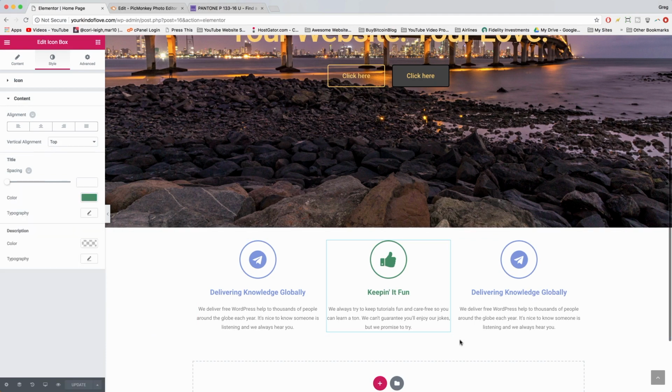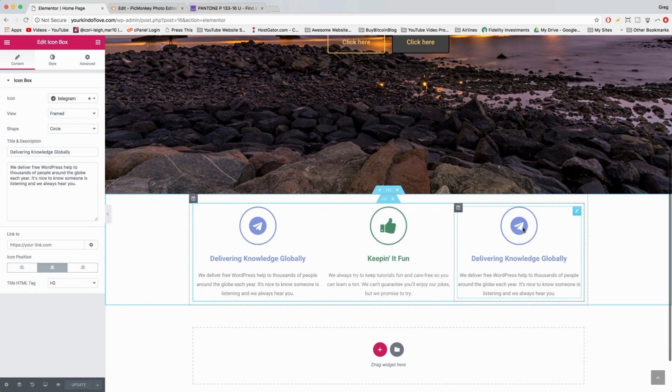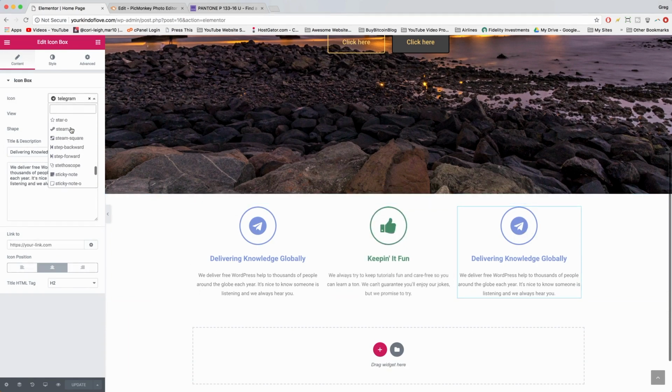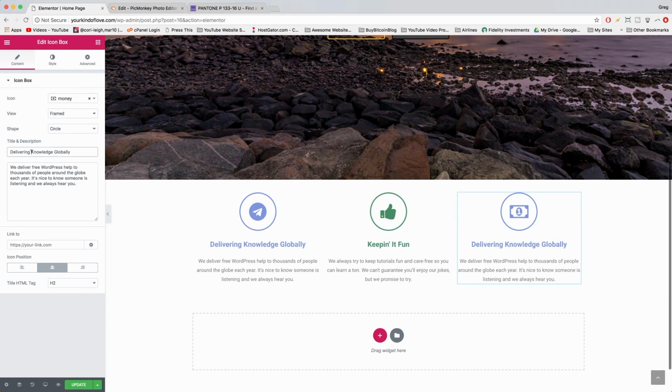Great job. All right, now we just need to change up that 3rd icon box and we're done with this section. So click to the right, grab ourselves a new icon. We can search icons too. All right, so I'm going to choose the money one. All right, a little bit risky to have a money sign there because people don't like spending money, but it'll make sense when I write out our headline. All right, and then we're going to change the description to